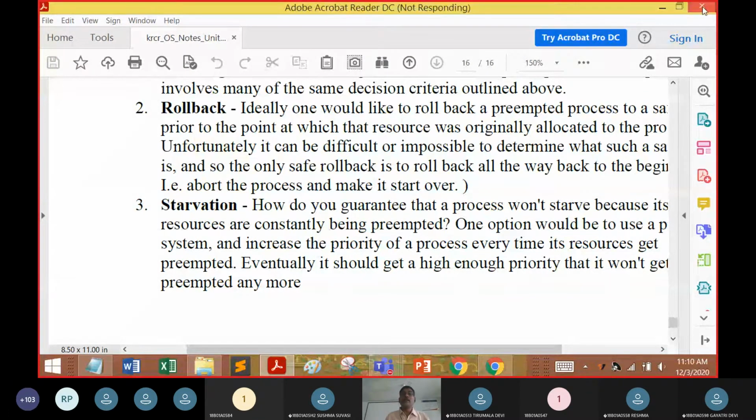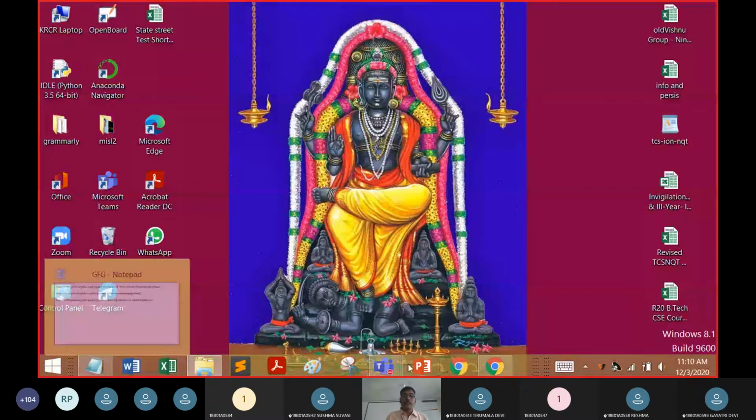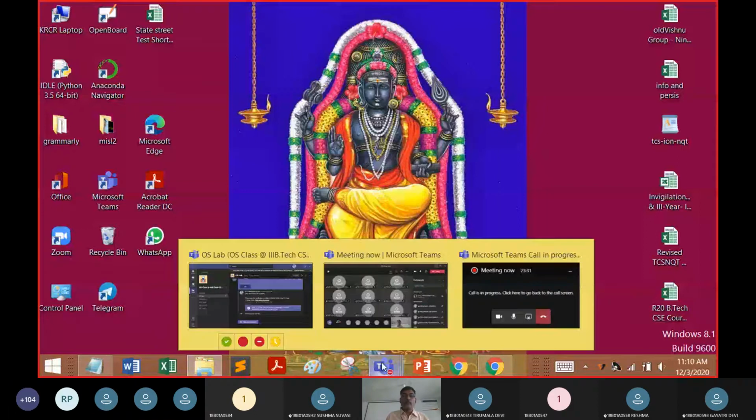After these two are over, we will iterate the banker's algorithm, which is a part of your operating system lab. How the banker's algorithm is going to be iterated, etc., will be taken up. So before we look into the banker's algorithm,